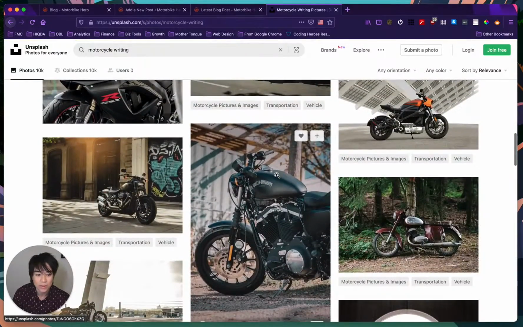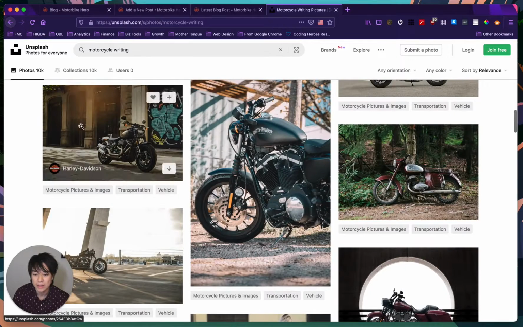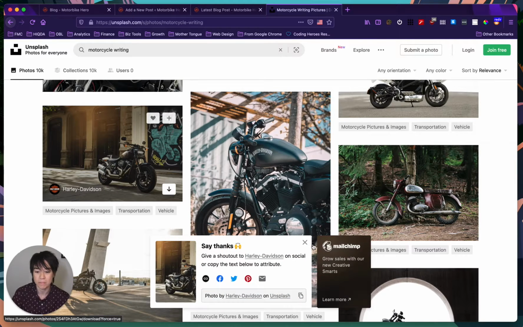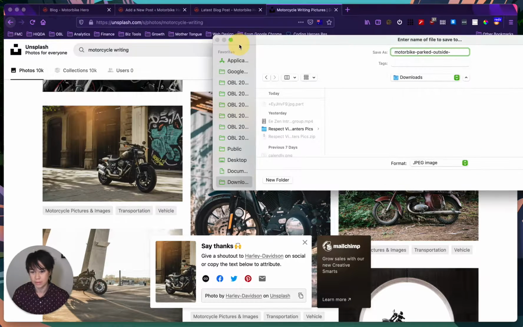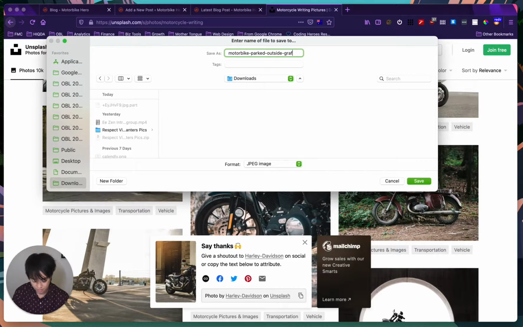I don't know if there's any ones here about writing, but maybe that one looks kind of cool. So I might just download this one. I've given up on the writing part. So let's call it motorbike parked outside. What is it? Outside graffiti